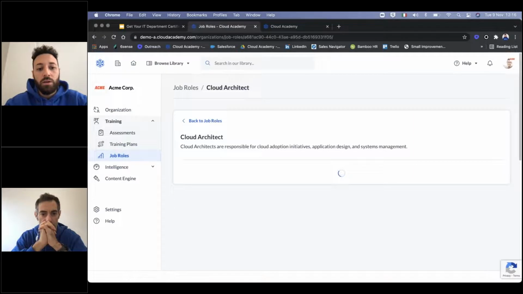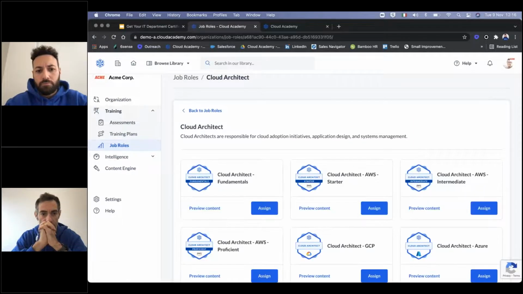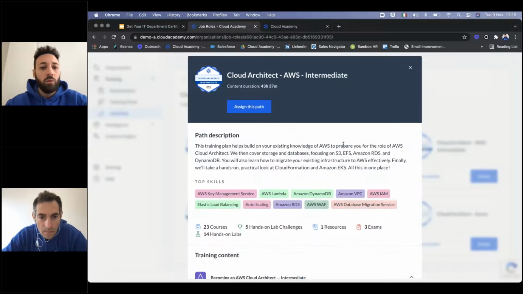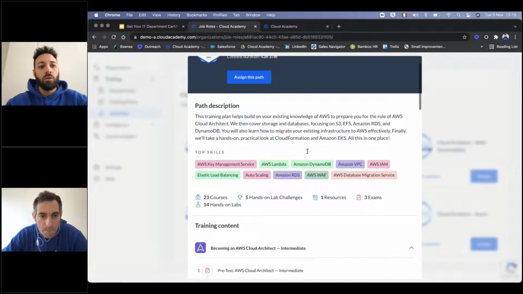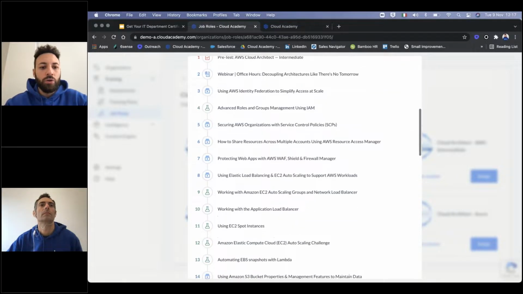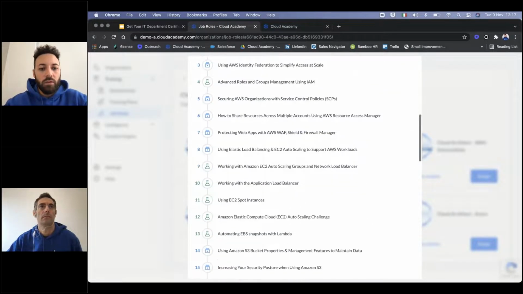And basically here you can see different career paths depending on the seniority level. So for junior people, intermediate, advanced, or sorted by the cloud vendor. You can also take a look at a preview of this specific career path, so the description, what kind of top skills can be studied, tested, and performed, but also the structure of this career path.